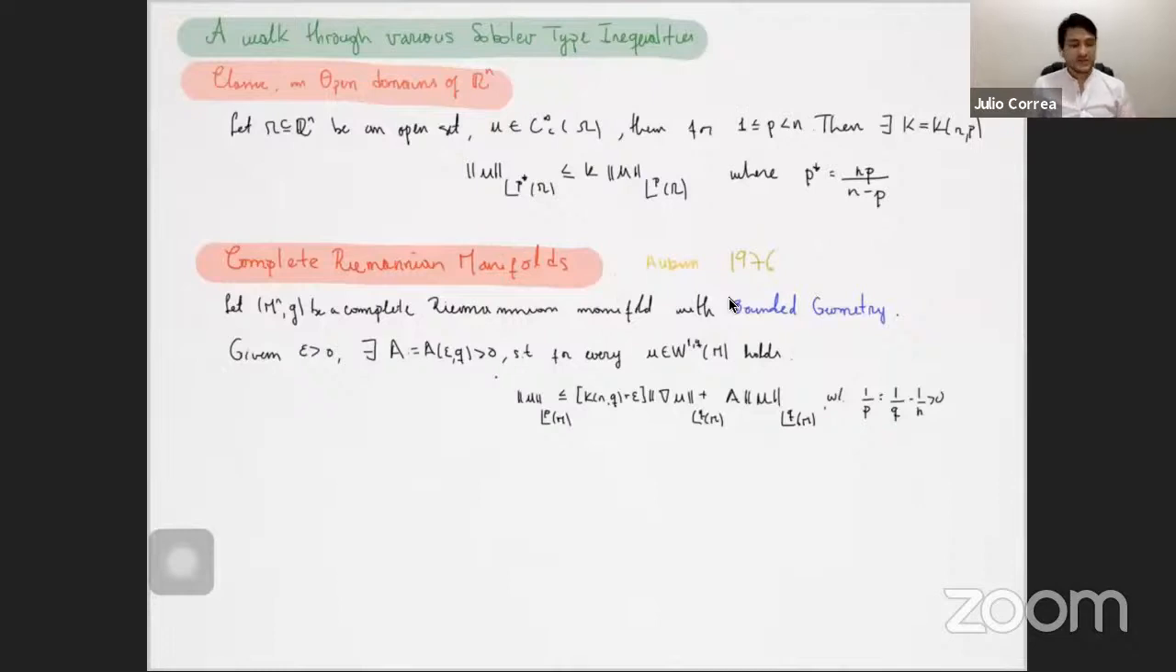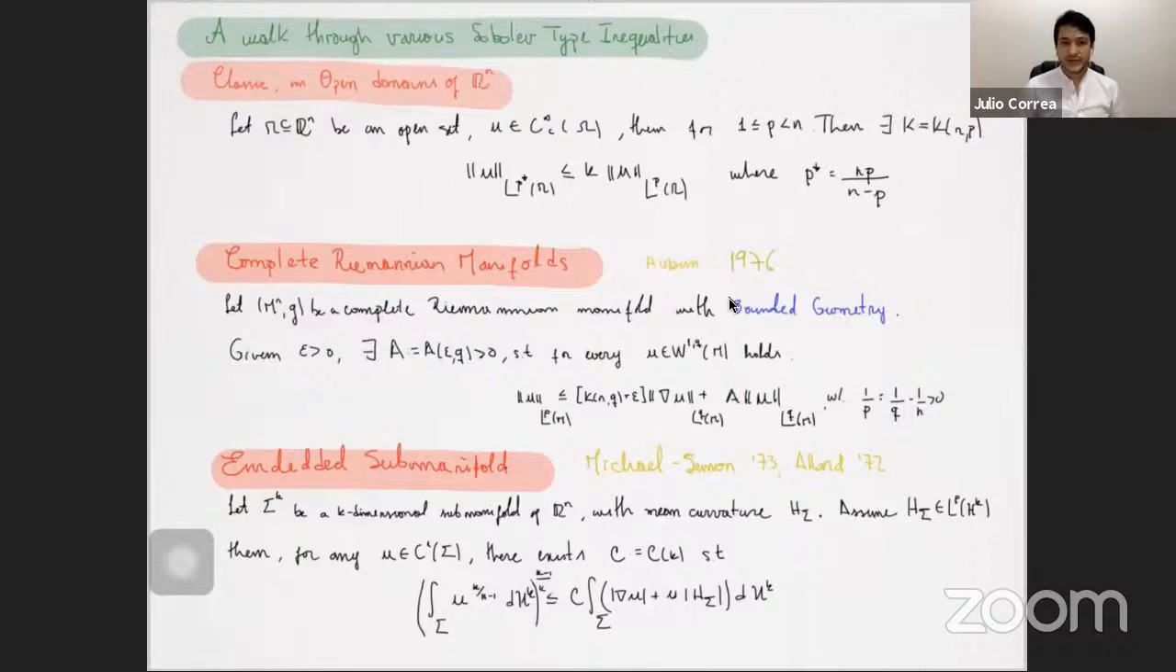Furthermore, in the early 2000s it was proven that this constant is sharp in some sense, but I'm not going to mention that. And finally, what inspires our work is a work by Michael and Simon, independently by Allard. In fact, it was stated in a broader context of geometrical objects called varifolds. I'm going to talk here about submanifolds, just to introduce what they prove. But in general, it was proven for varifolds, which is a broader class of geometric objects that I will introduce later. They proved that if I give you a k-dimensional submanifold of Euclidean space with mean curvature vector H